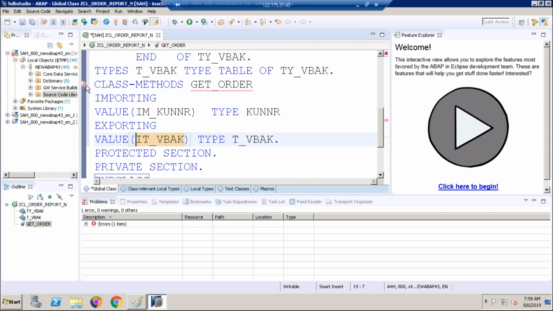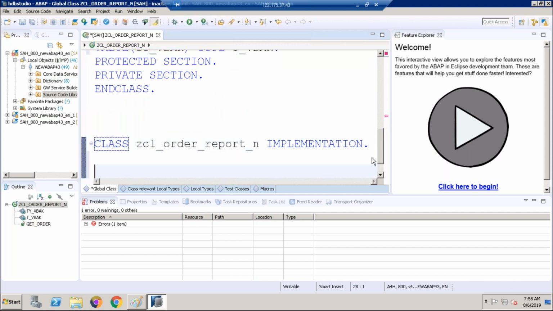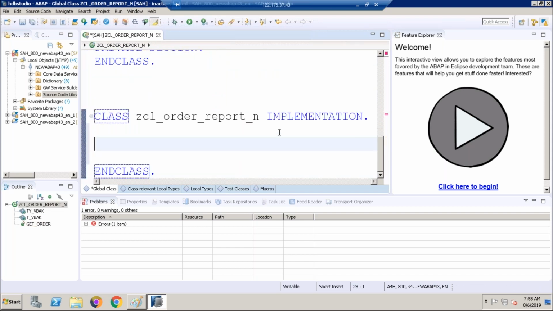But here I am getting some error guys. In AMDP, errors are very prominent, very sensitive. It is saying implementation missing. So we need to write implementation compulsory. Implementation is mandatory. If you do not write implementation, it's an error message.